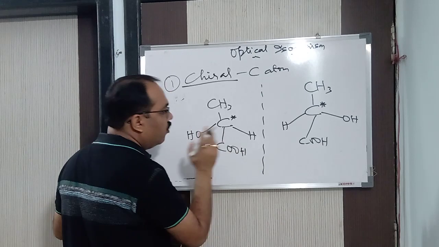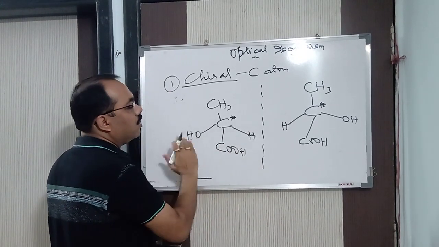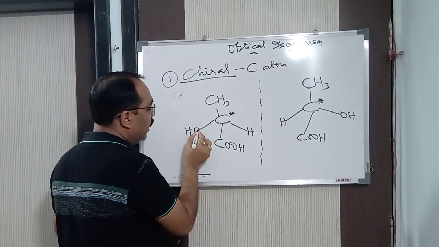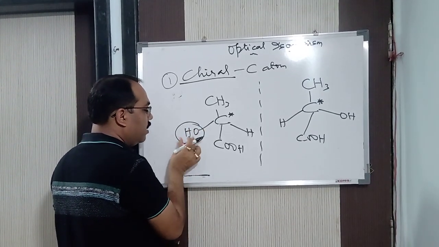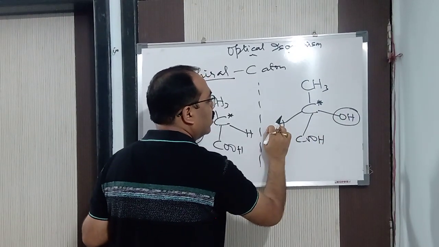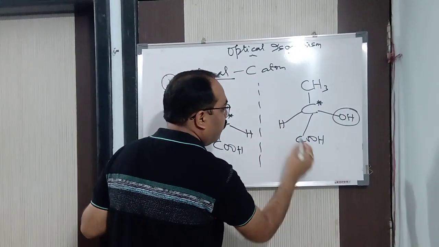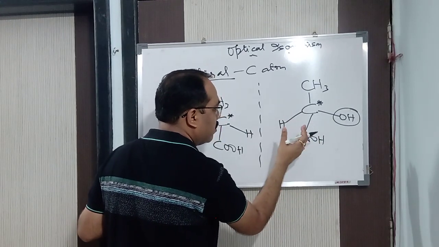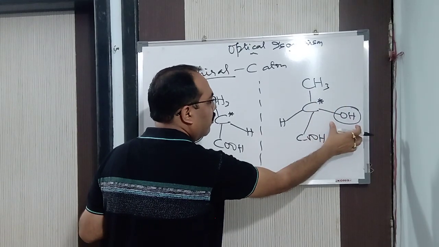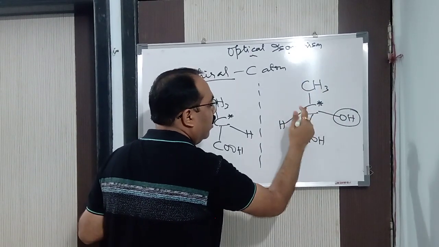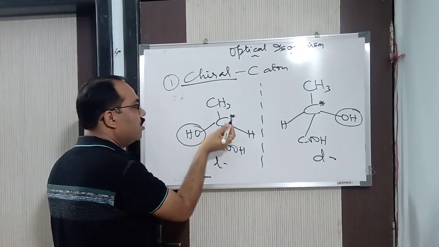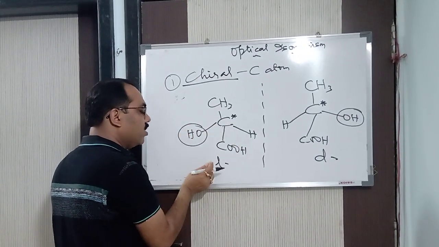Now how do we know it is dextro and levo? Just compare the right and left molecular weight. Very simple. Now what you see is that in the left side the molecular weight is more than the right. In the right side the molecular weight is more than the left. It is just like a beam balance. In a beam balance, if the molecular weight is more here, it is going to turn right. So this is known as dextro, and where the left side molecular weight is more, it is going to turn left. So it is known as levo.